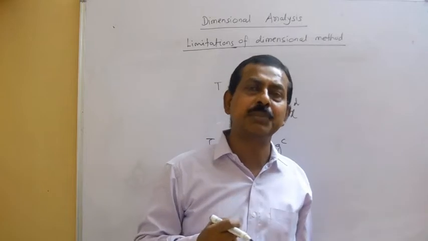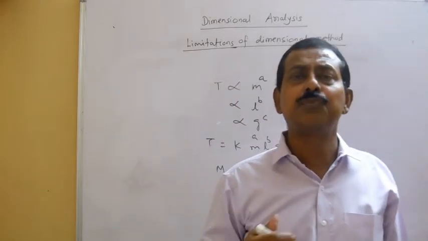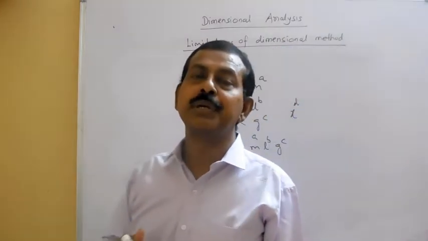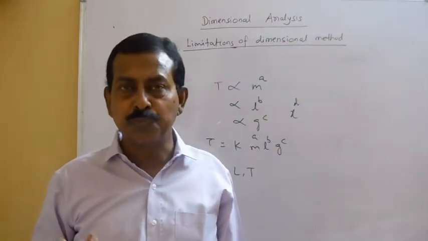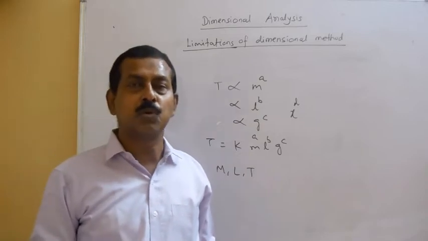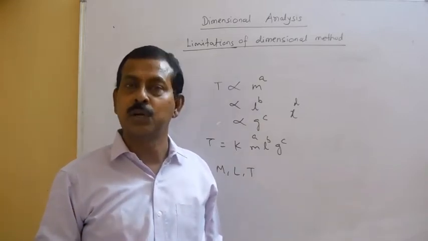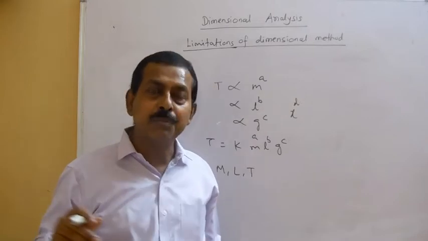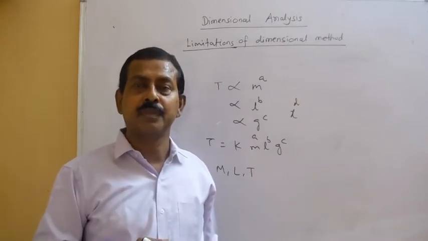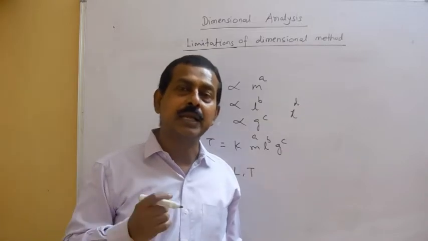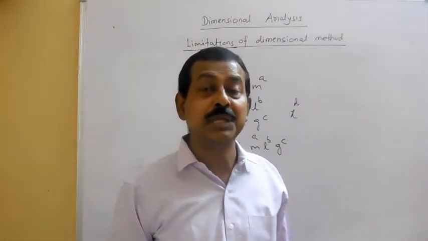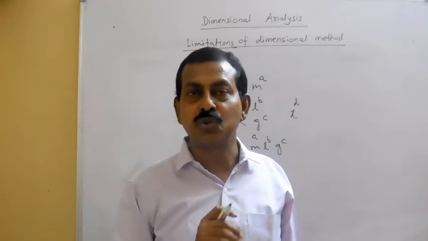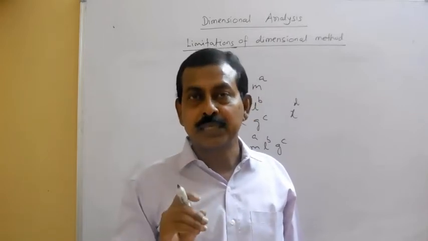Some functions or relations may be there where the 4th base unit is involved. Maybe your temperature term is there, or maybe your current term is there. So if 4 are there, 4 equations will be required to get the value of 4 unknowns. But very few cases are there where 5 base units will be involved. So obviously, if you have taken any physical quantity depending upon 5, and they are not involving 5 different base units, definitely you cannot solve them to get the value of the unknowns.